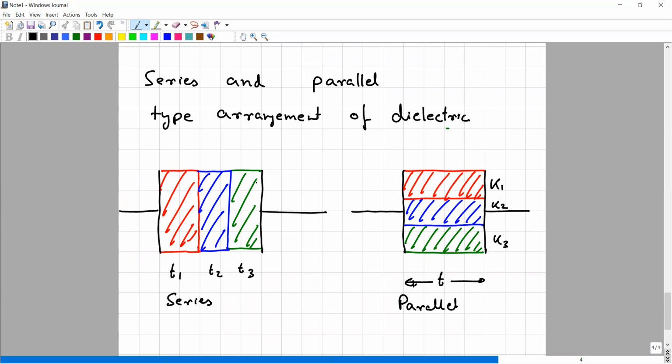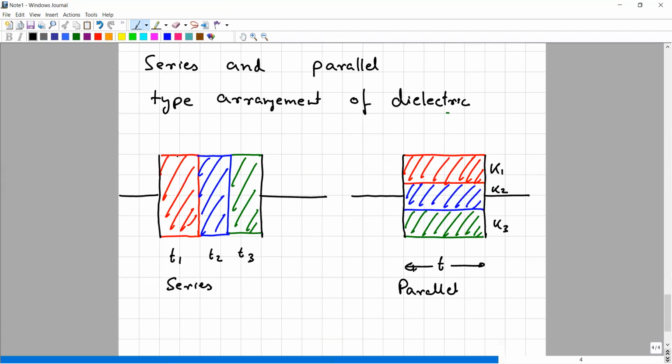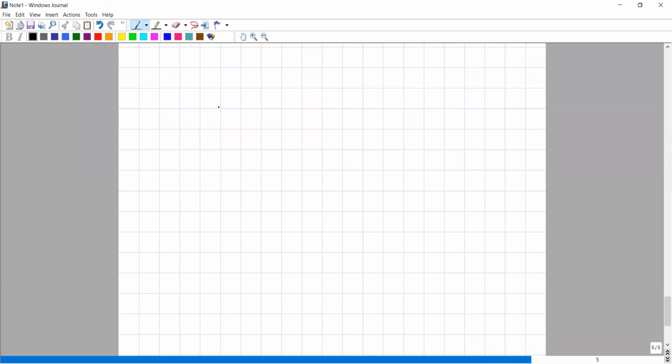If you fail to identify this, whether it is series or parallel, you will get it wrong. Do not always follow the diagram. You may see the diagram differently. So many students make a mistake here. For example, if I make the capacitor plate like this, and then I put the dielectric like this,